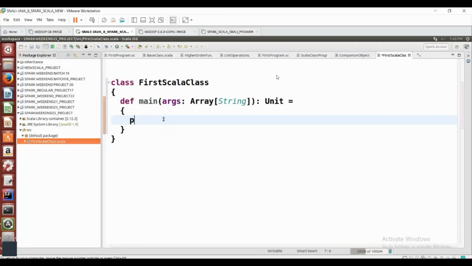So here I'm writing println, "hello Scala class." I'm giving a message. Semicolon is only optional. So this is the program we already developed. Very good. So to run the program, either you can